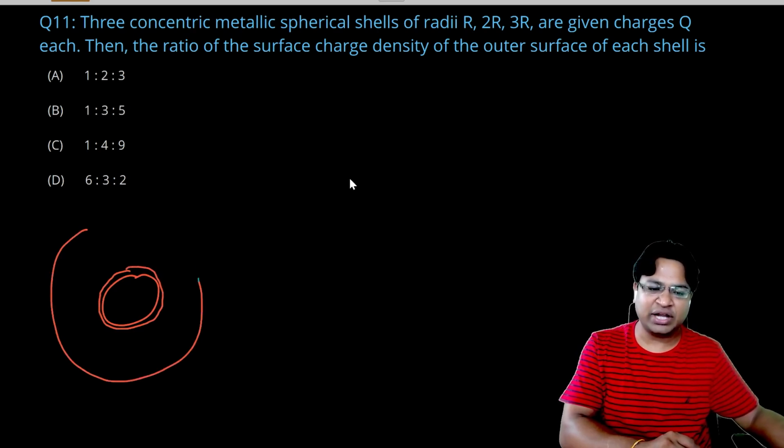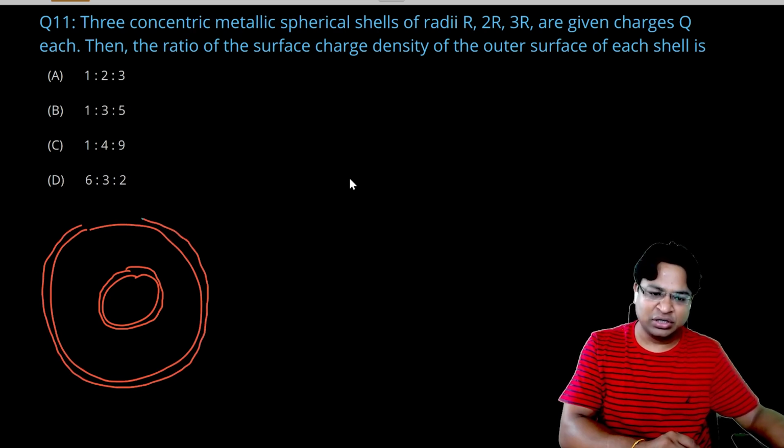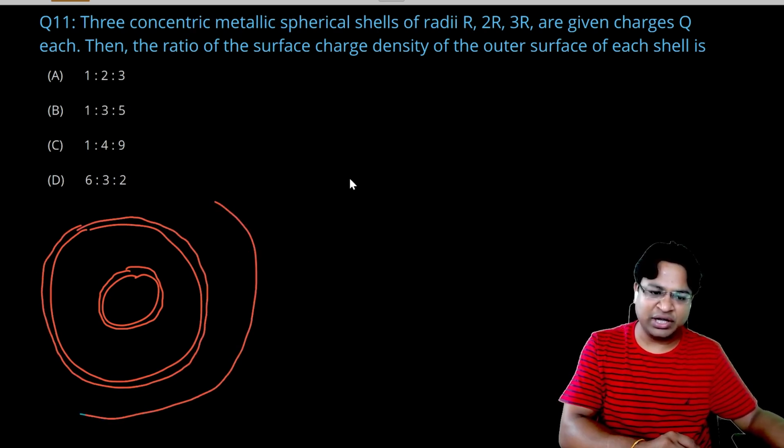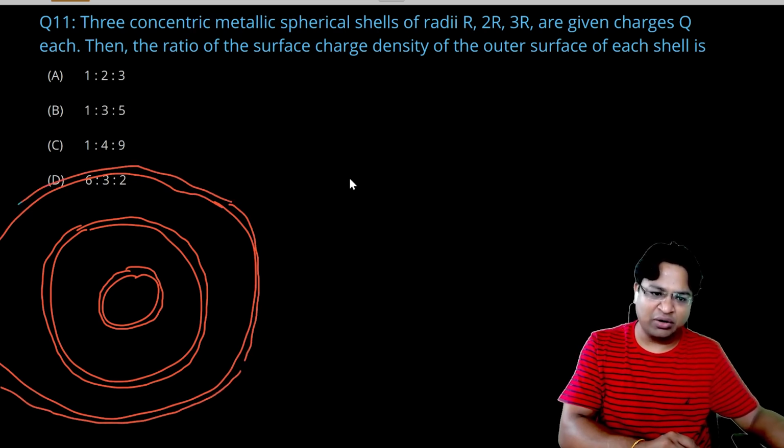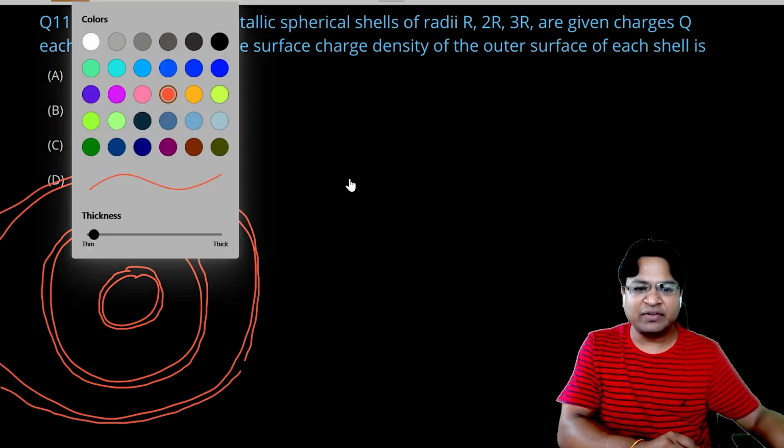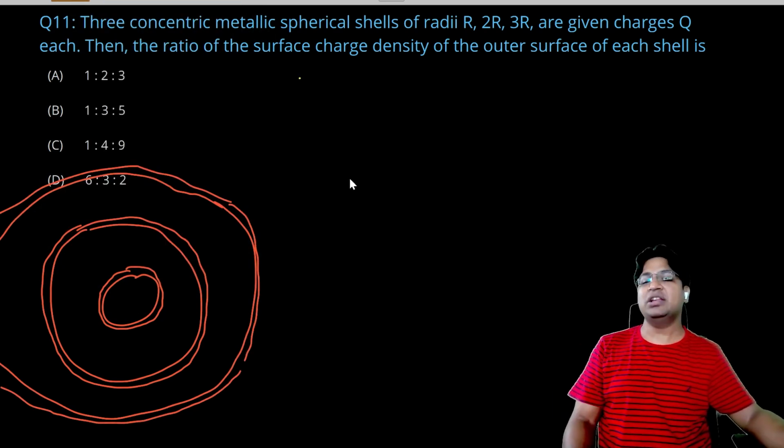Then this is the next shell, of radius 2r, and then this is the next shell of radius 3r. Okay, so this is it. Now understand this. When we have given the same charge q to all the spheres, the innermost will have